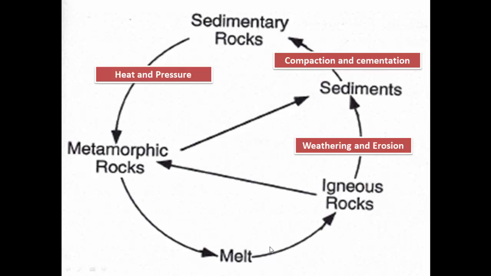We can start from the magma that cools down. So magma cools down and turns into igneous rock. Remember, we have two types of igneous rock, intrusive igneous rock and extrusive igneous rock. Because of weathering and erosion, this igneous rock will turn into sediment. And then this sediment will get into the water, and by the process of compaction and cementation, this sediment will